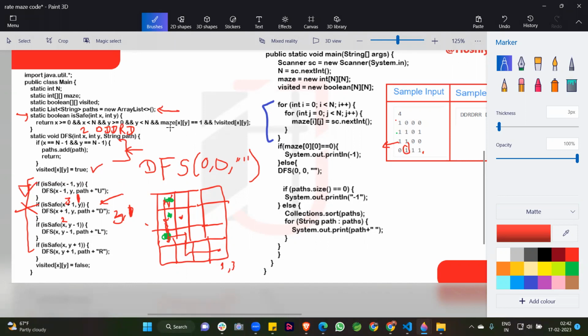What is the meaning of path? Path is our string that we pass as empty from the start, and we get the result in this path. So we simply add this path to our paths ArrayList. So guys, this is the recursive function, and in a recursive function there is use of the stack, because when we call the function again and again, stack frames are created, and they are cleared when we return from the methods. There is one more point, when we are doing the dry run of this question,